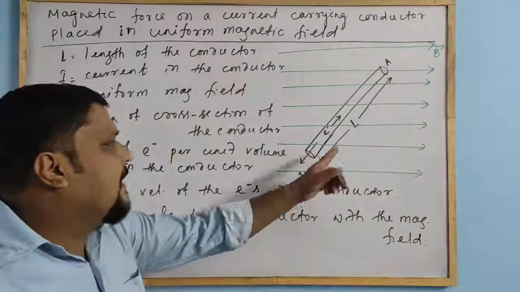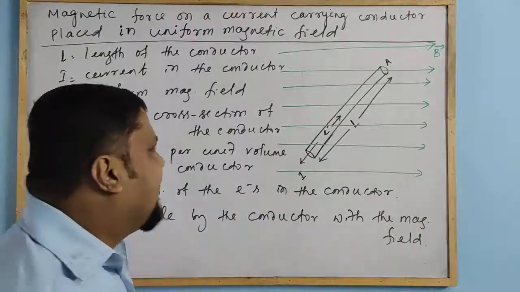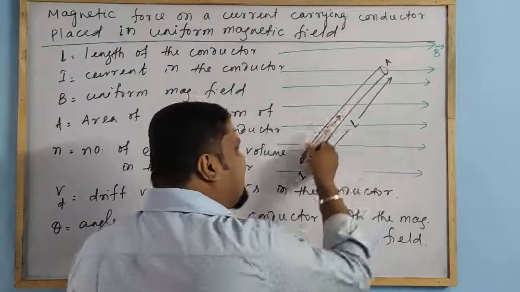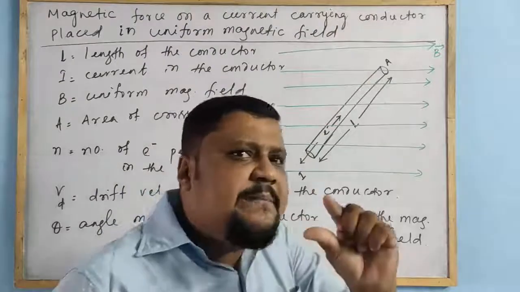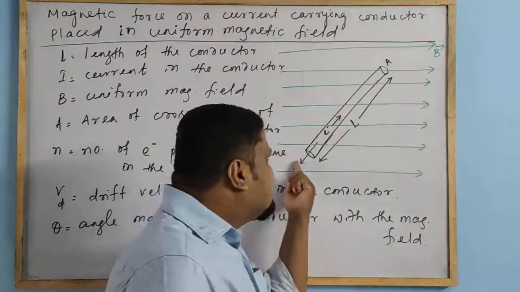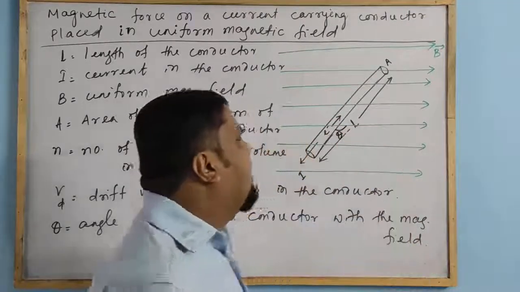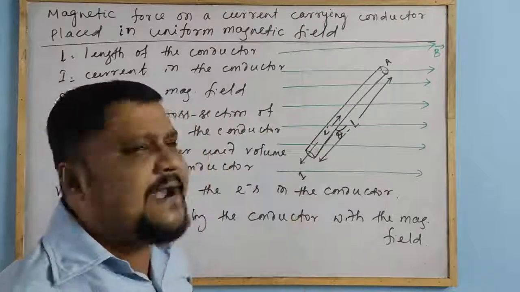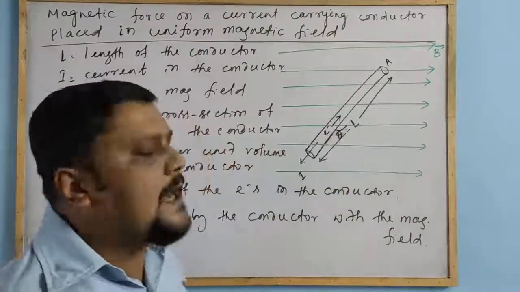Here you tell me what is the angle, which angle we will take. This is theta. Now already you know that if the current is along this direction, so the length is along the direction of current. When you take the small element, that is along the direction of current. So current is along this direction means this angle obviously will take as theta. Because this is the magnetic field, this is the current direction. The electron moves along this direction, but this angle is theta.